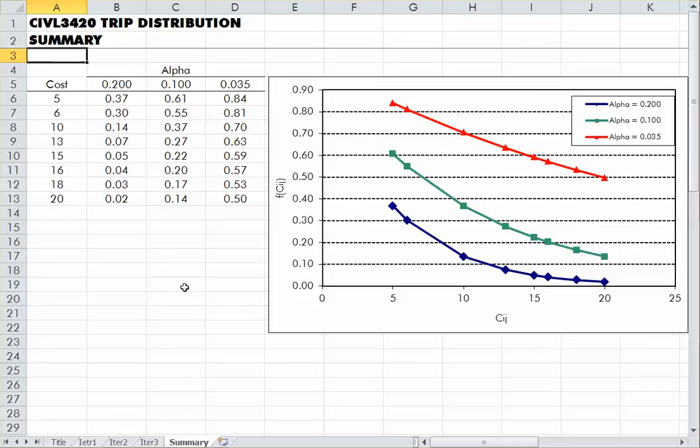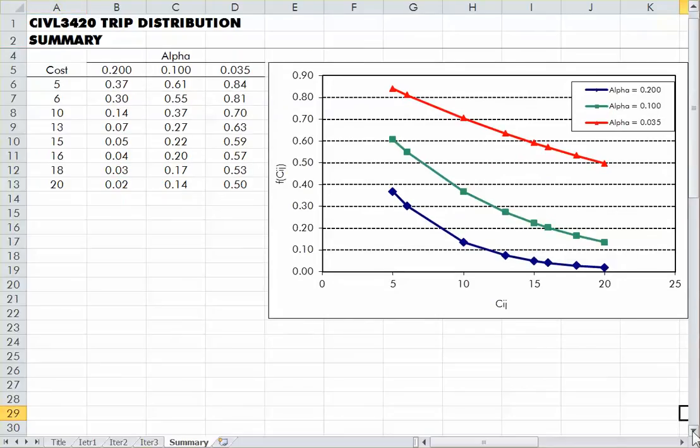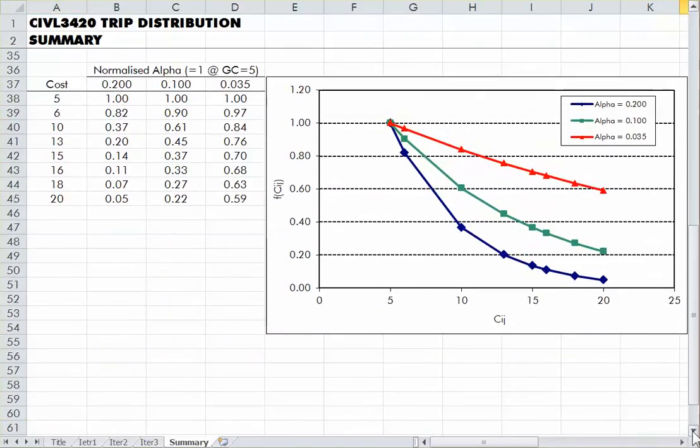For your information, the three different deterrence functions look like this. In iteration number 1, we started with a value of negative 0.2. In iteration 2, we decreased it to negative 0.1, and then finally we changed it to negative 0.035. While these curves look similar to one another, if I non-dimensionalize them so that